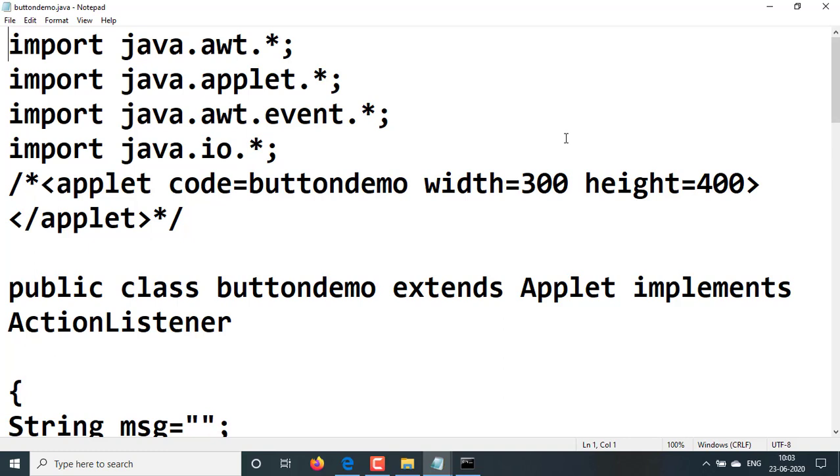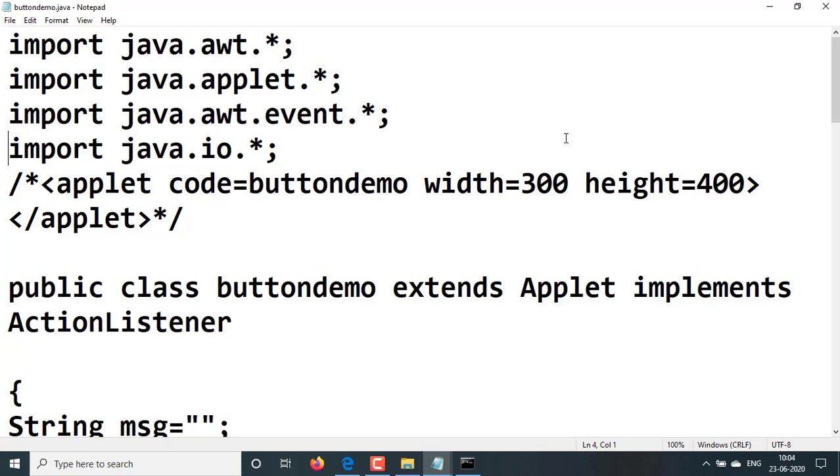Only keep in mind that a button can generate an action event, and to handle this type of event we need to implement ActionListener, which provides one abstract method, actionPerformed, and this method has one parameter, ActionEvent. That we write at the end of this program.